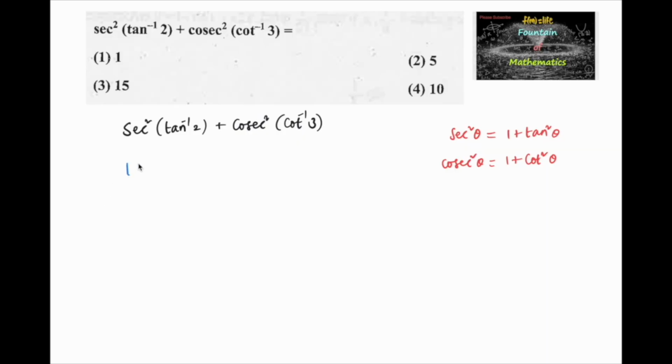So here we can write 1 plus tan squared of tan inverse of 2, and cosec squared we can write as 1 plus cot squared of